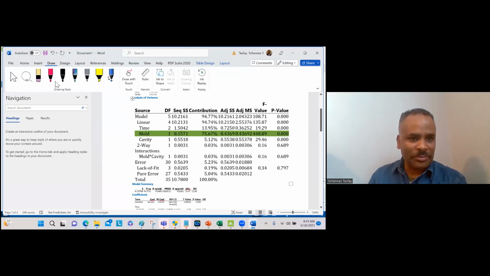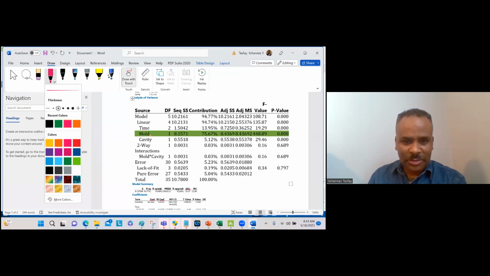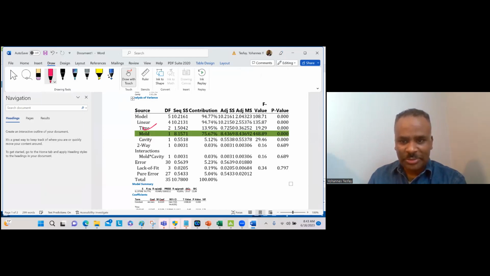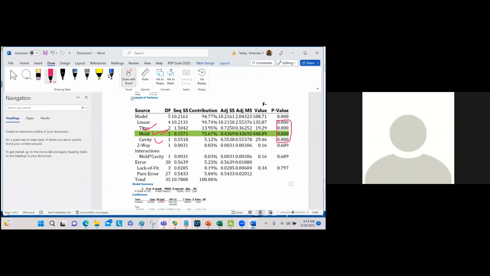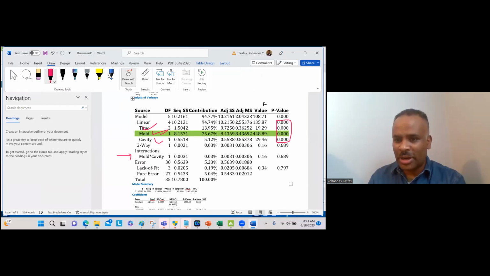I'm going to mark my area of interest: time, mold, cavity, because their p-values are all less than 0.05. So, interaction effect? No, I don't have any interaction effect, so how I'm going to put it is